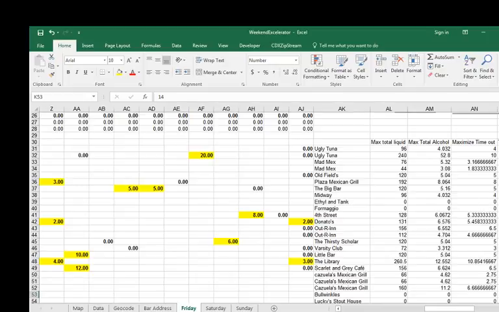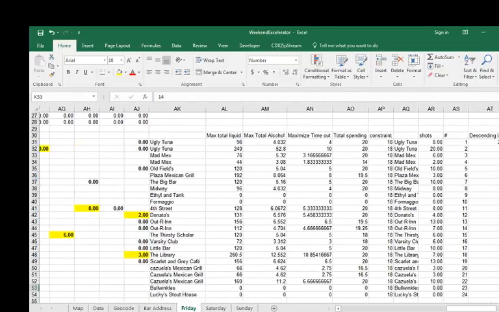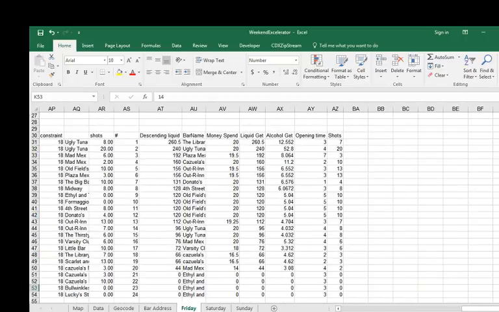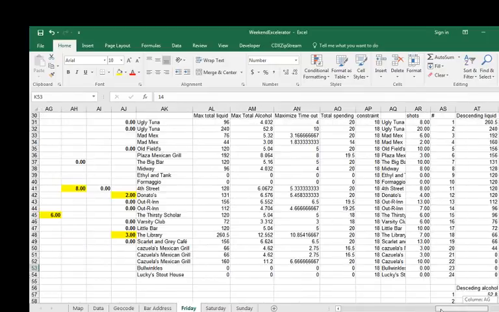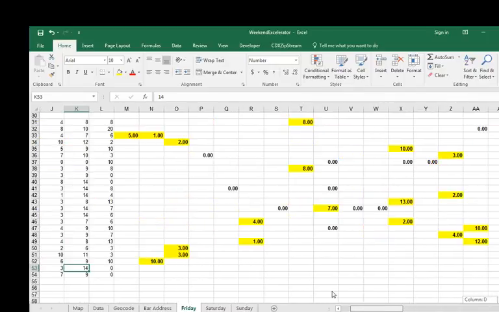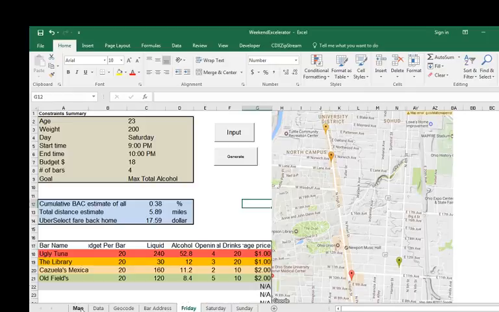And Solver uses not only your inputs, but then some of these calculations here that have been made. So Solver can use some of these to help optimize your list. So let's go back to the map tab, and now we are going to